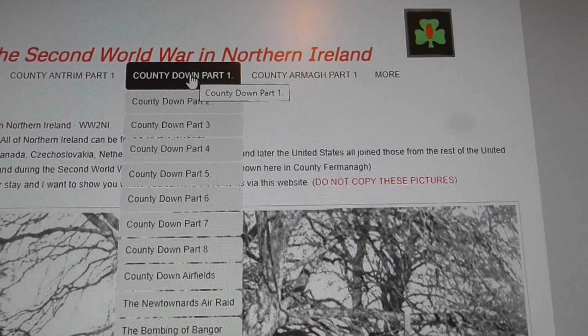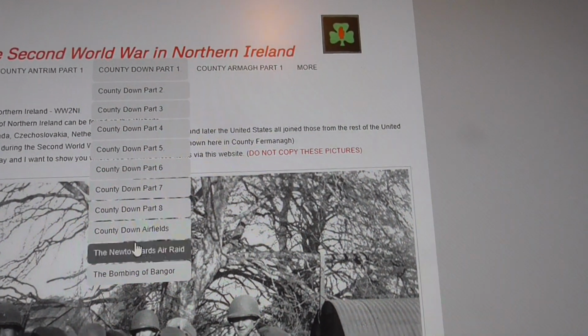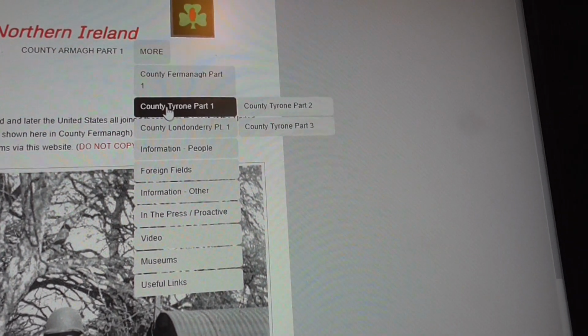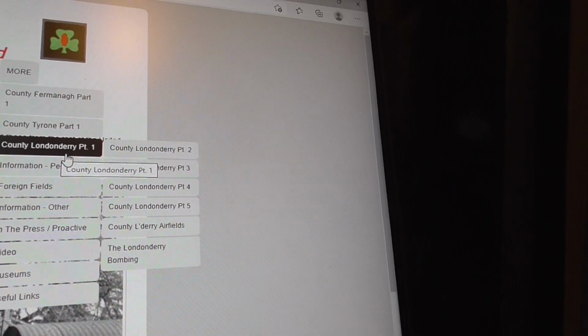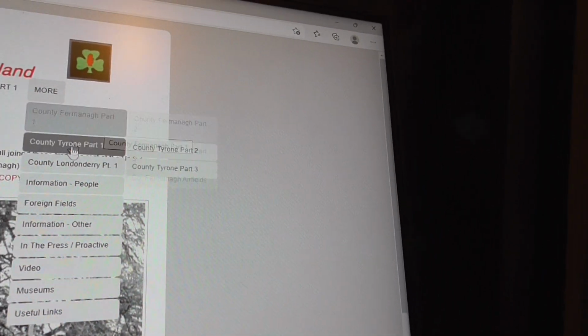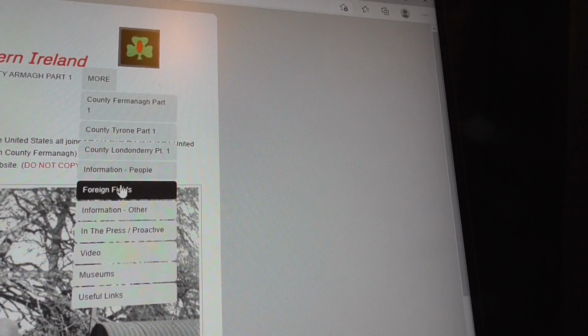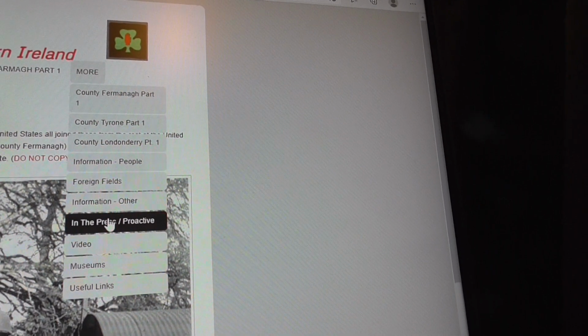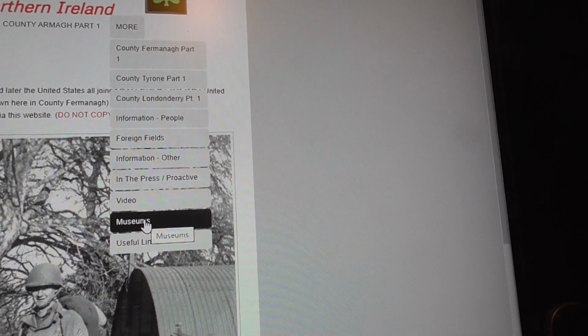Let's look at County Down. Goes right through to Part 7, down to Part 8, County Down airfields, Newtownards Air Raid, County Armagh 1, 2 and 3, and then more. County Fermanagh, Tyrone, Londonderry, information. Well, there's more on County Londonderry, right through to Part 5, and County Londonderry airfields, and County Tyrone, County Fermanagh, and then information on famous soldiers from Northern Ireland, and other information, and then in the press, and then videos. There's a stack of videos contained in here, and then